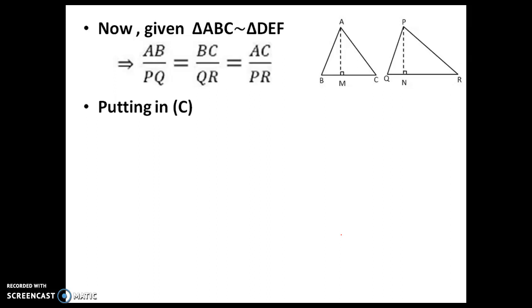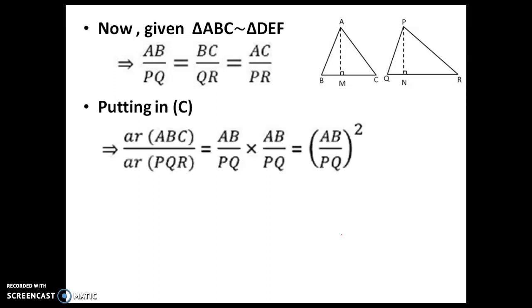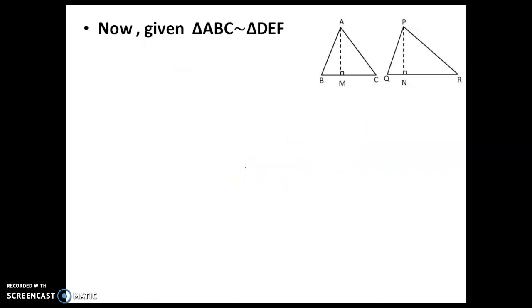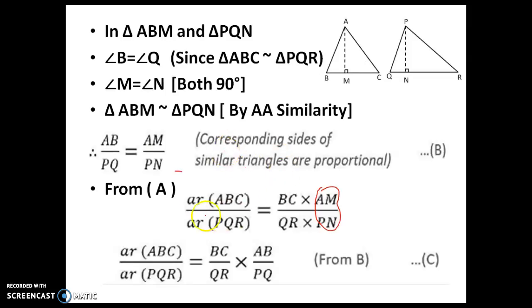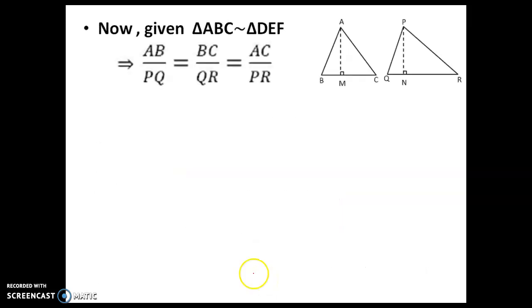So putting in C, so this we are going to put in C. So in C we are going to replace BC by QR, sorry, I'll show you. Okay. BC by QR. So BC by QR is there, no? That is going to be replaced with AB by PQ. Okay. Why? Because this is already given. These two are equal. Anything you can write. Either you can replace this with this or this with this. Okay. That's why it is already proportional. So this proportionality shows that anything you can replace.